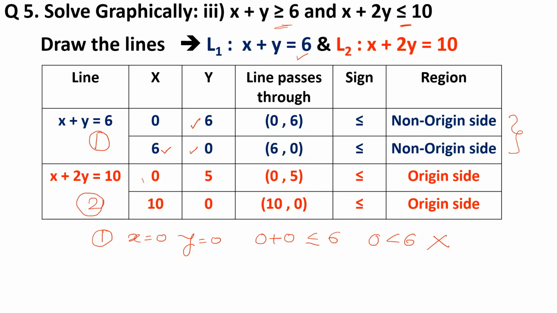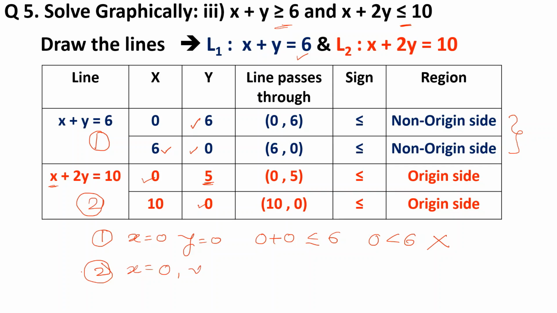So put x is equal to 0. If I put x is equal to 0, 2y is equal to 10, so y I can take out to be 5. For the second time, when I put y is equal to 0, x is equal to 10. So two coordinates that I obtained. So for the second line, if I want to check the condition, again the condition is same.